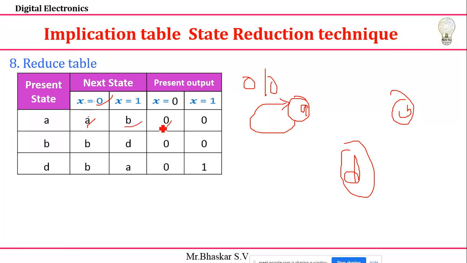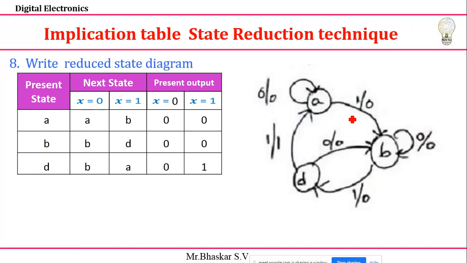Next it will go to B, and output is 0 when the input is 1. Same thing we discussed in the last classes. Input 1, output is 0. Next, here I have two options. From B, if it is 0 it will go to B only. Here output is 0 only. Still my output is not detected. Next B to D. Then you need to write the values. Similarly, you just fill that. So I'll get the table of this one only.